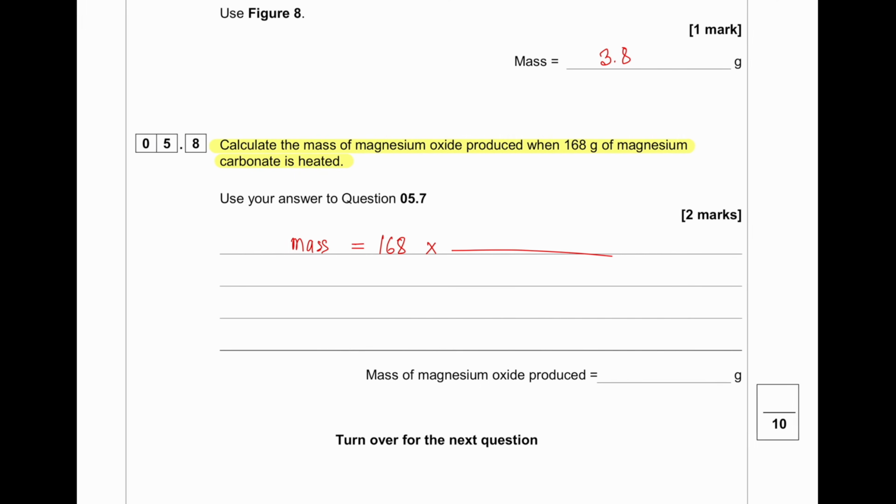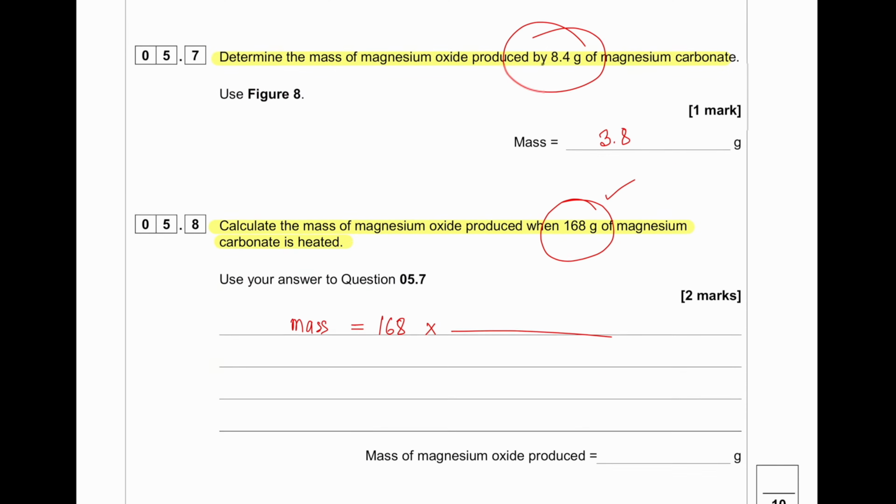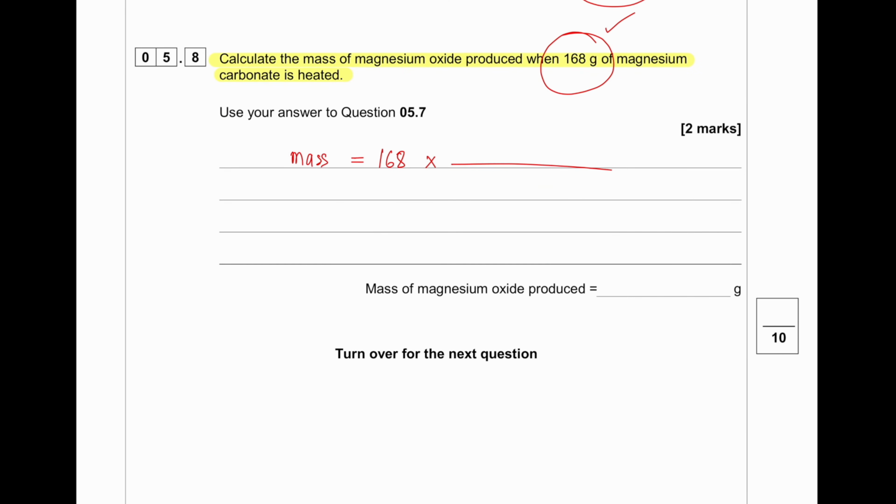Okay, guys, now this is what we are going to find out of. But previously we know that if we had 8.4 gram, we got 3.8 grams. Okay, so we're going to divide it by 8.4 and multiply it by 3.8. Guys, I'm again telling you, we got 3.8 grams of magnesium oxide when we used 8.4 grams. And since now we want